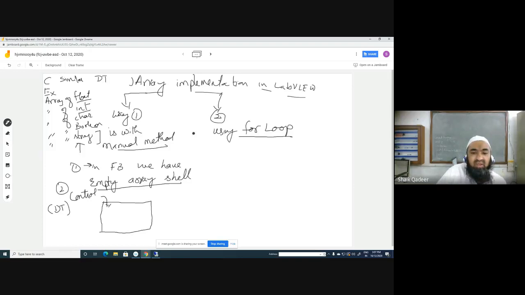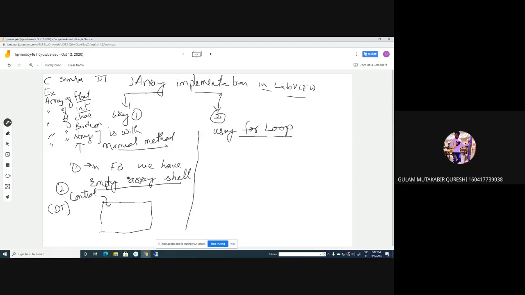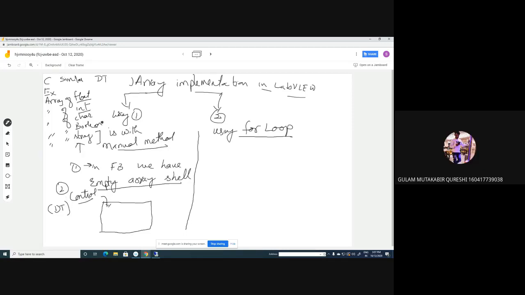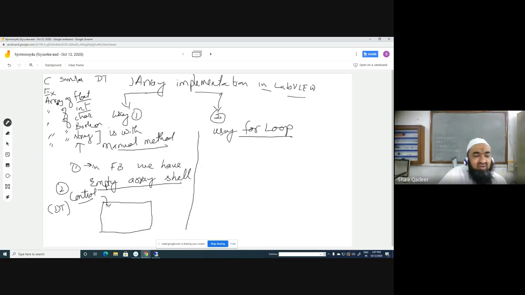Okay. Now I am moving to the implementation of the add control data type. This control is nothing but a data type. For example, suppose we want an array of float, add the float data type in this. If you want an array of integer, add the integer data type in this. If you want an array of character, add the character data type in this. Hope it is clear to everybody.